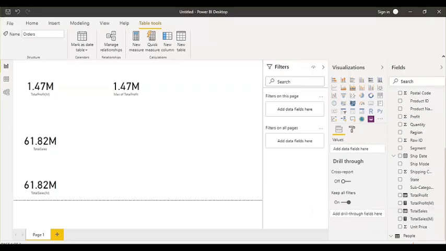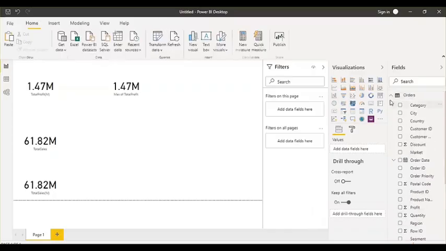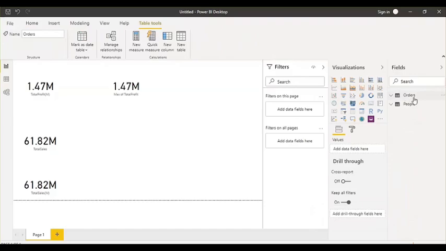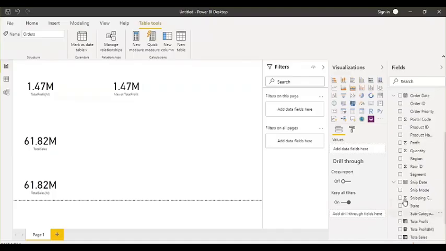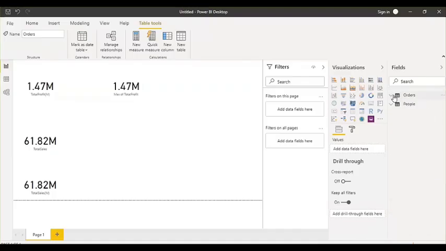So what do you need to do first in order to move these measures into a separate measure table? You see here the icon of these tables is right now a tabular icon, right? You want a separate table here, and the icon of that table should be the same as the measure, meaning like a calculator. So let's see how we can do that.